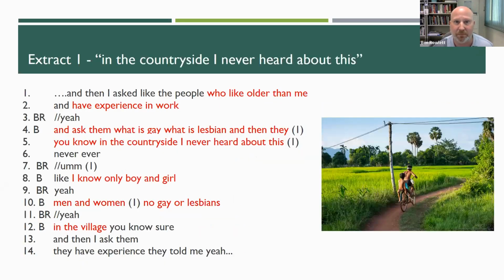I'll just give you a moment to read this before I give you some interpretation of it. I should say that this extract begins after another narrative, in which Boré had told me that he had been very embarrassed at mistakenly assigning separate rooms to a gay tourist couple while he was working as a hotel receptionist.